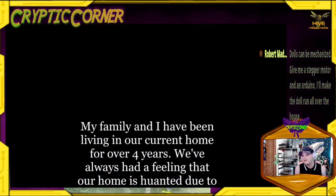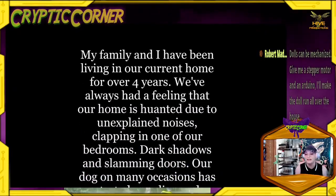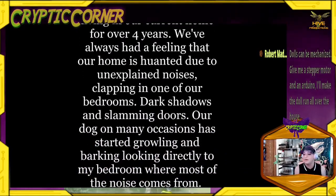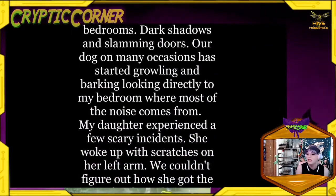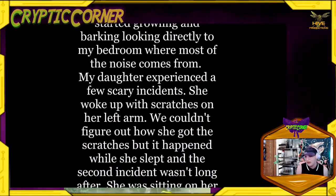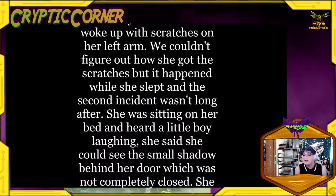My family and I have been living in our current home for over 4 years. We've always had a feeling that our home is haunted due to the unexplained noises, clapping in one of our bedrooms, dark shadows and slamming doors. Our dog on many occasions has started growling and barking, looking directly to my bedroom where most of the noise comes from. My daughter experienced a few scary incidents. She woke up with scratches left on her arm. We couldn't figure out how she...